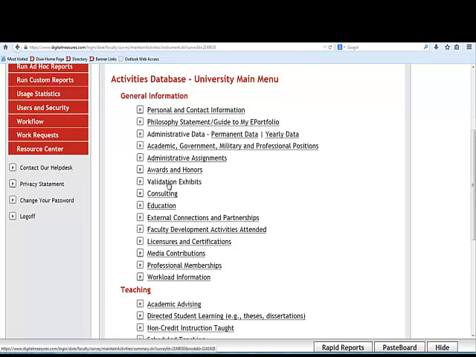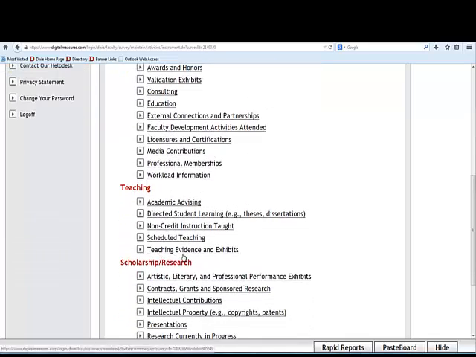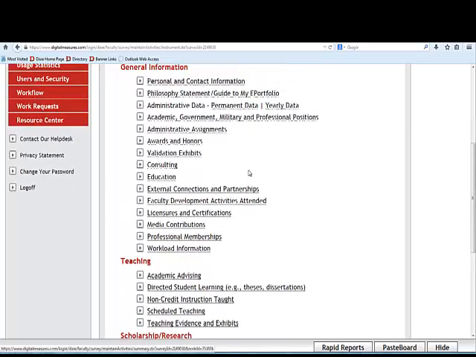Validation exhibits are those items that are different. Let me scroll down. Teaching evidence and exhibits are going to be those things from your teaching. They might be student work, it might be sample tests, sample assignments, samples of how you grade. That goes under teaching evidence and exhibits. But under validation exhibits goes those other items that are going to validate your professionalism. So it might be a letter of recommendation. It might be a thank you letter from a particular student. It might be